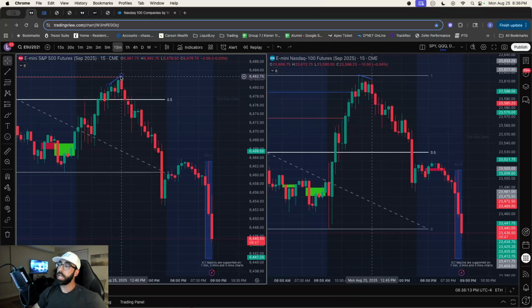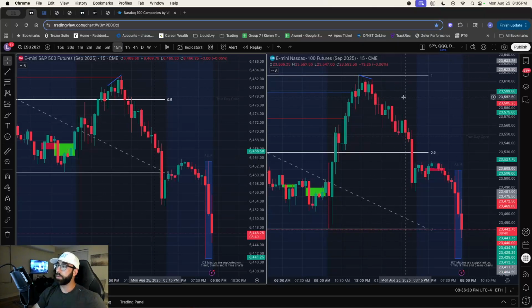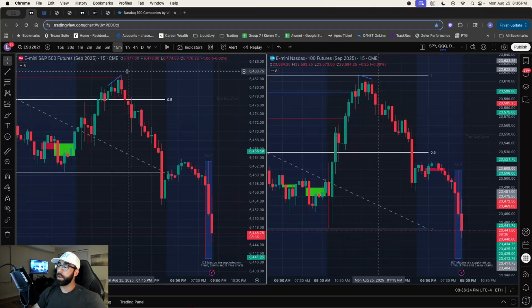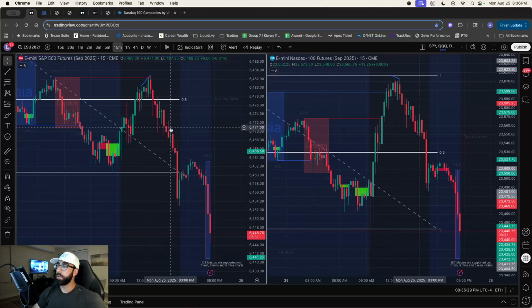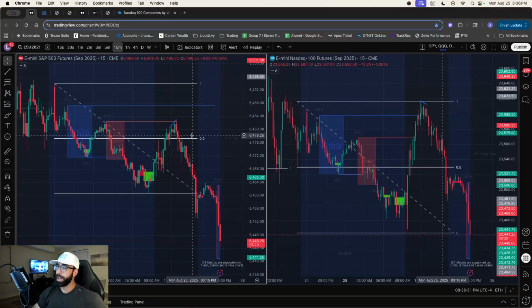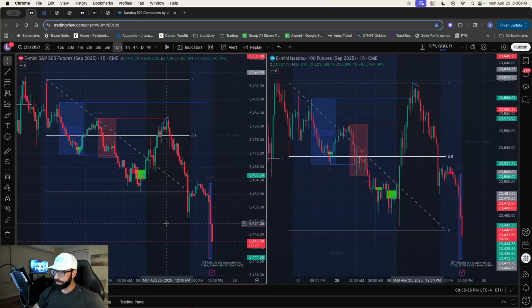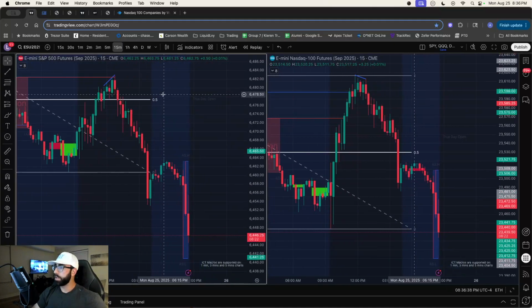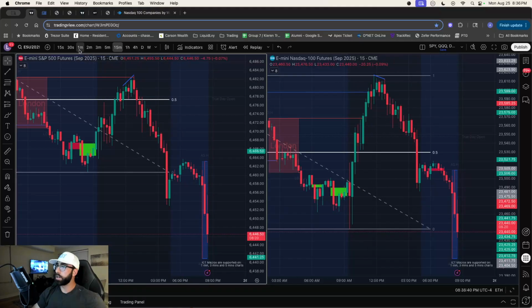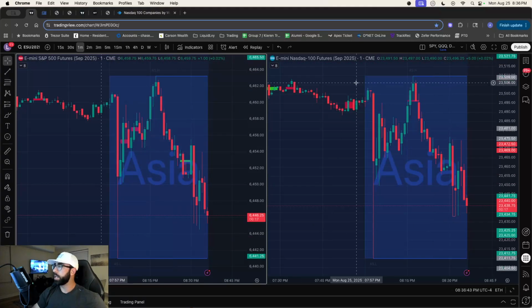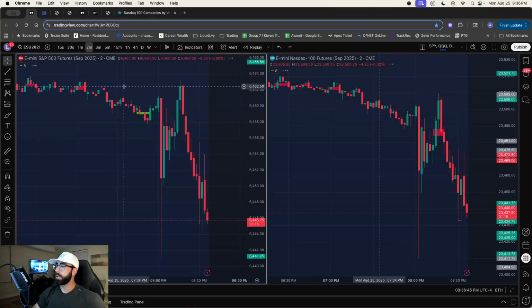So what happened here is ES took the buy side, NQ did not in that same time period. It stayed below. And so that's your bearish SMT. They're uncorrelated. Price is to go down because you swept buy side. So there's your ES bearish SMT. And from what you can see, it absolutely delivered and distributed further to that sell side. And that was the move today earlier, but there wasn't really too good of a setup.